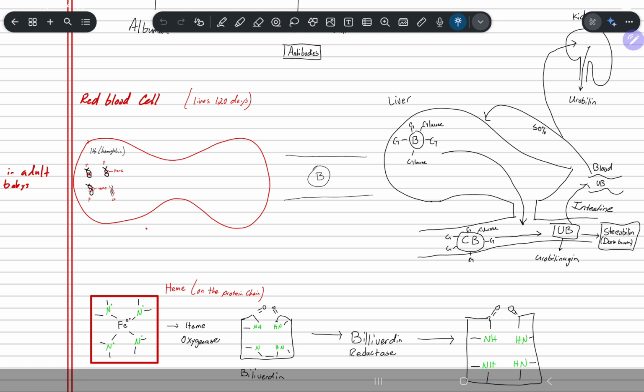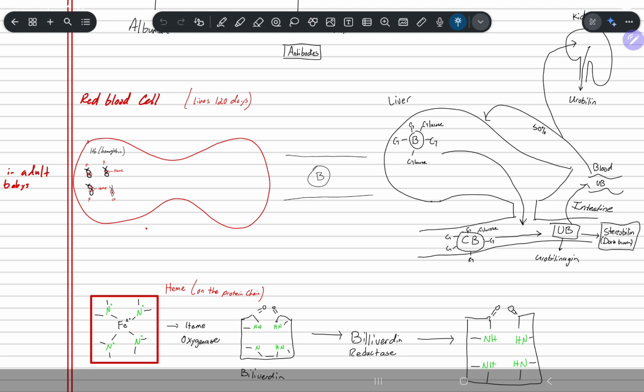And then from the intestines, the glucuronic acid, or the glucose groups, are removed by bacteria. This results in the bilirubin being turned into urobilinogen. From here, some of the urobilinogen is reabsorbed and put into the bloodstream again. Then a portion of the urobilinogen will participate in the enterohepatic urobilinogen cycle. So it's put back into the liver and starts that cycle, while the remaining is